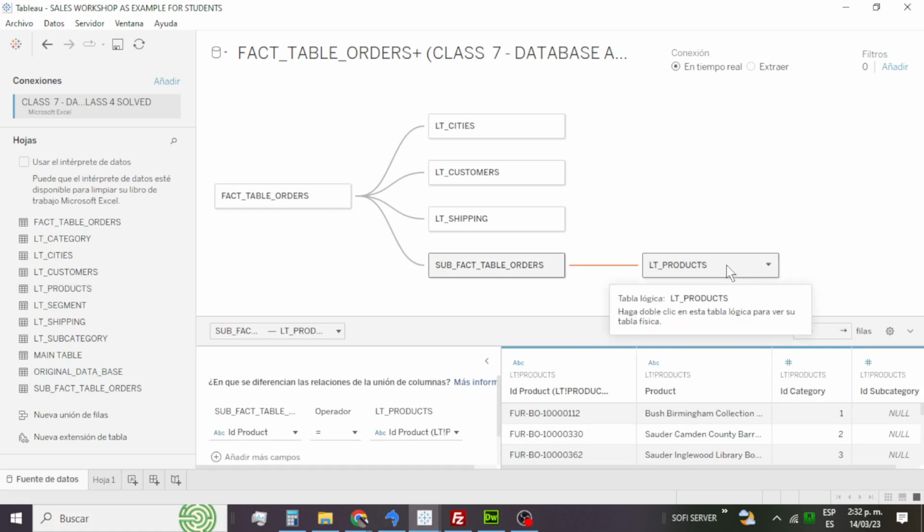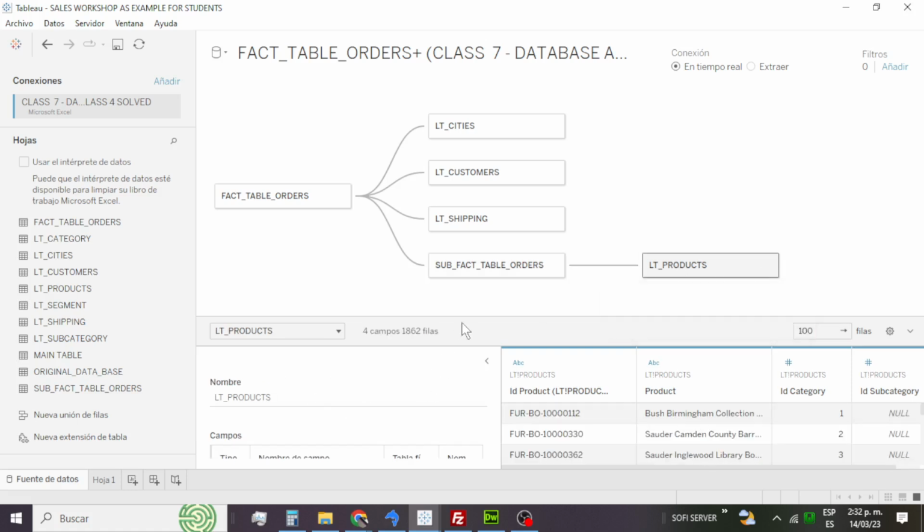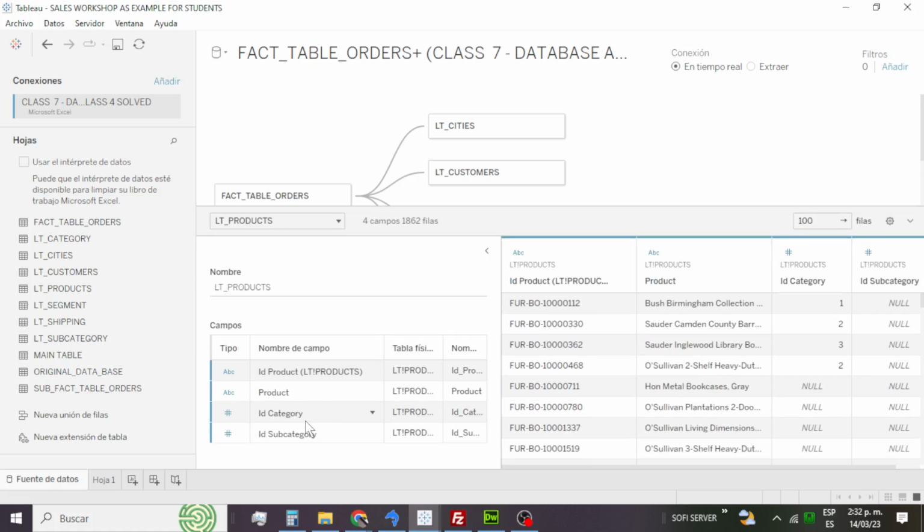Okay, let's click on products. Let's see the fields products have, which is ID category, ID category. I'm going to click on it and change it to cadena in Spanish, string in English. Click cadena because it has to know, and as you see, it recognized immediately with the new connection that there are some alphanumeric IDs in the ID subcategory column,